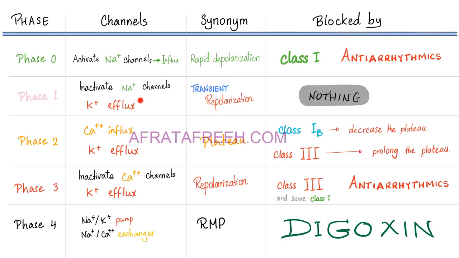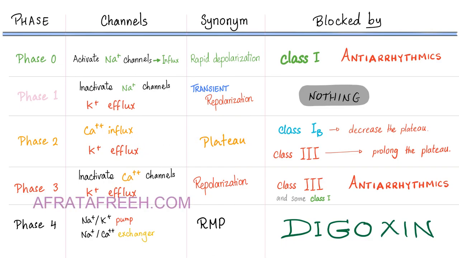Phase 1, we inactivate the sodium channels and we allow the potassium efflux. This is transient repolarization. Nothing whatsoever can block it. It's very short. Why bother? Phase 2 is the plateau. Calcium influx, potassium efflux. This is the plateau. You can block it by class 1b to decrease the plateau, or class 3 to prolong the plateau, and this